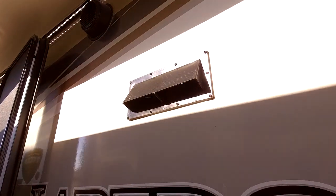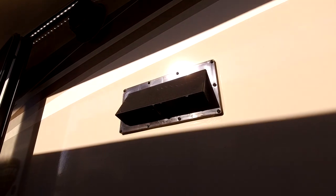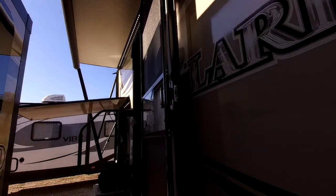And this is the vent above the stove, the range hood. It actually works. It's not just there for looks like some other ones, and I'll get into that once we get inside. Also, the door on this Laredo is a friction hinge door, so some other doors out there, the older style, you have a clip on here and a clip on here,